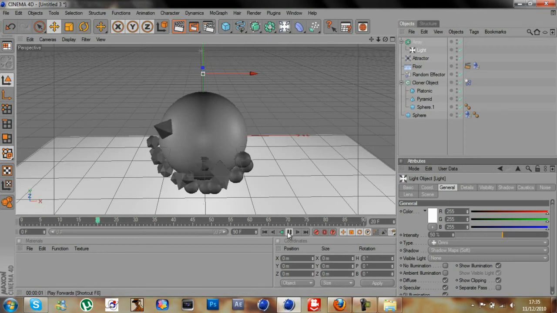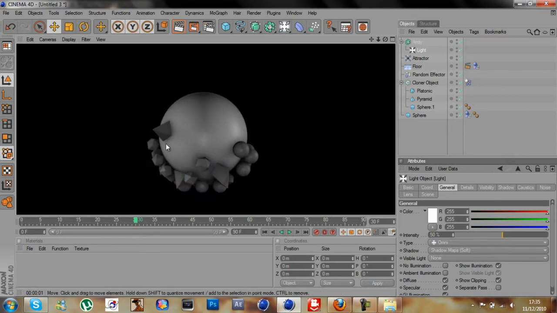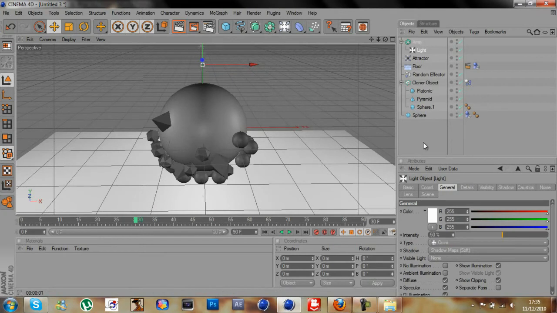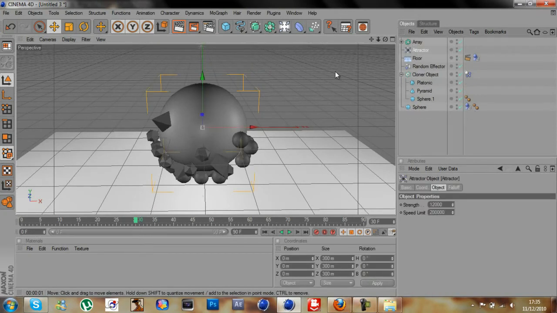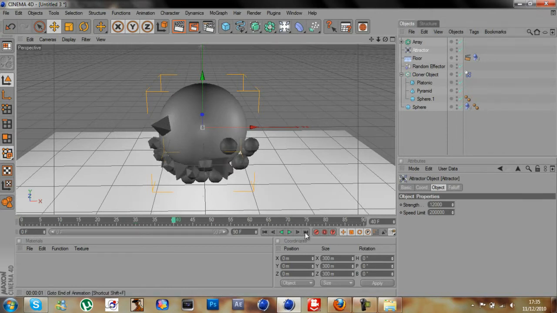Now first carry on playing this a little bit and render it out a little bit. You can see the shadows on the sphere as well. Alright, so once you've got that sorted out, what you want to do next is move the attractor about a little bit. So at 40 I want my attractor to be still